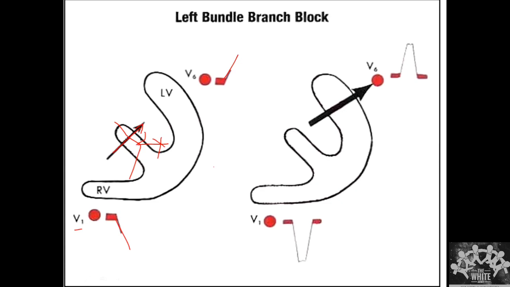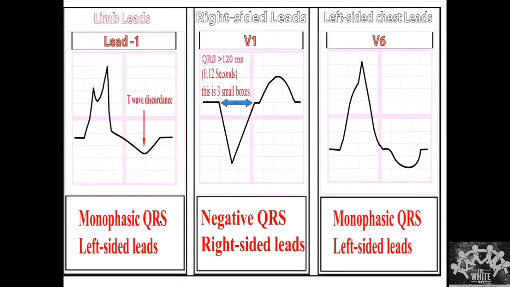Following that, what happens? This is going to be bypassed. So initially, the current will come and move through the ventricle also. But then, since the LV forces predominate, the activation is going to be along the LV only. So the second part will also be in the LV. And as it is going to leave V1, it is going to be a negative deflection. So the way you identify it in V1 is, you'll have a deep QS complex, predominantly negative.